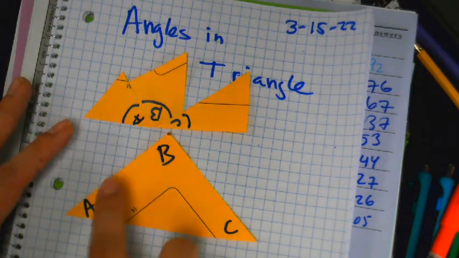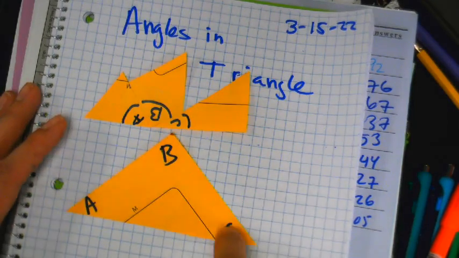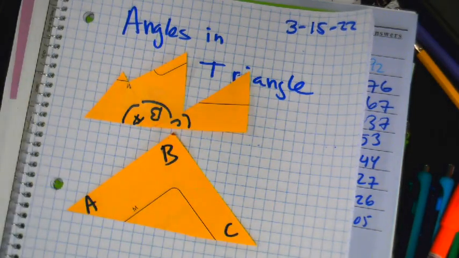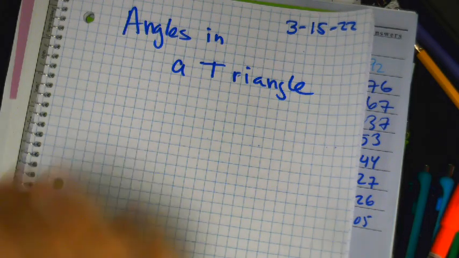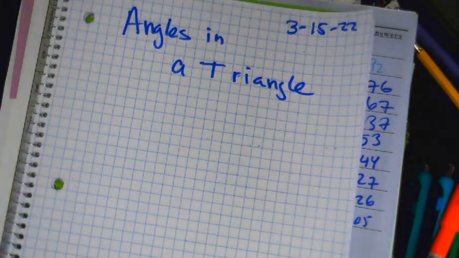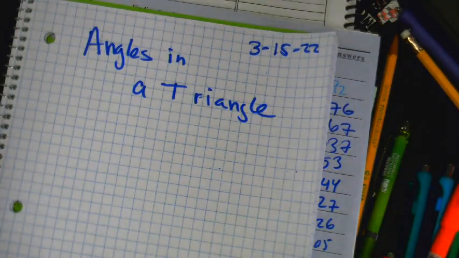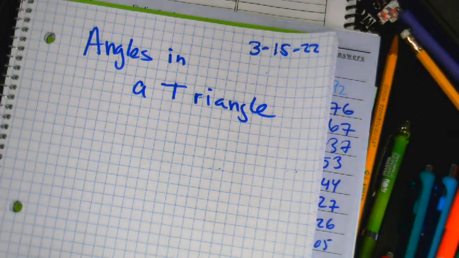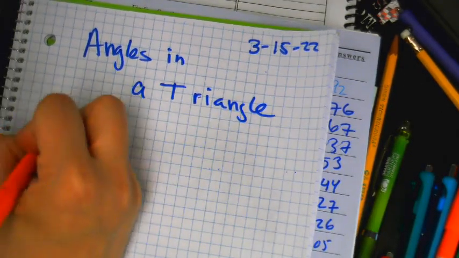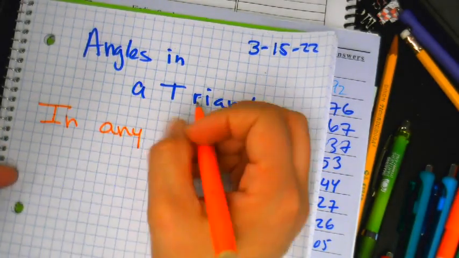When we are given a triangle and we add up the 3 angles, what should they equal? 180. All right, so let's write that down so we have it in our notebook. Yeah, no, what we just discussed, what we just said out loud. Everyone was so focused and listening. All right. In any triangle,